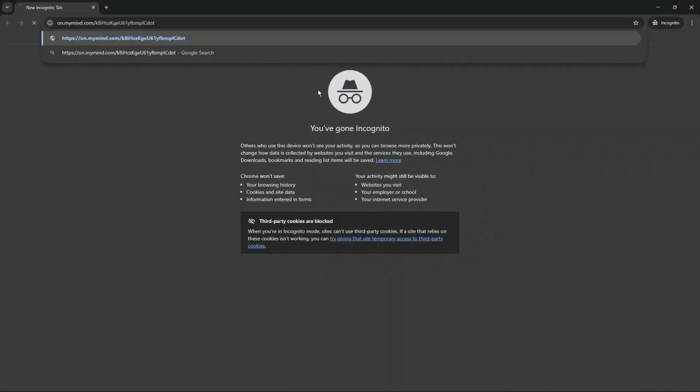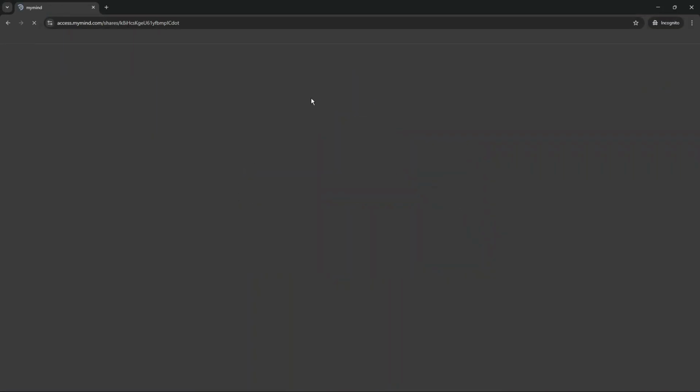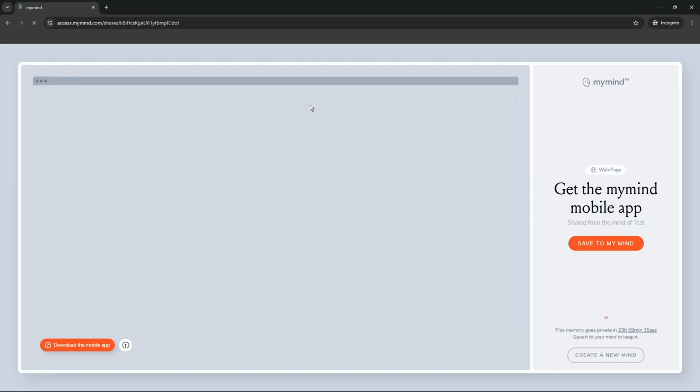That's it. You've signed in, found your note, created a private share link, and sent it off. With these steps, sharing from MyMind is fast,